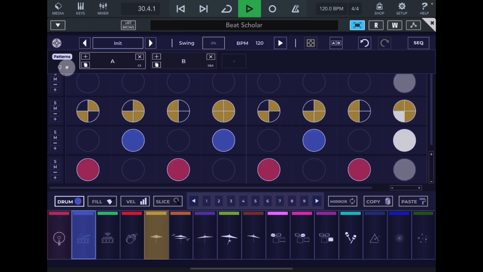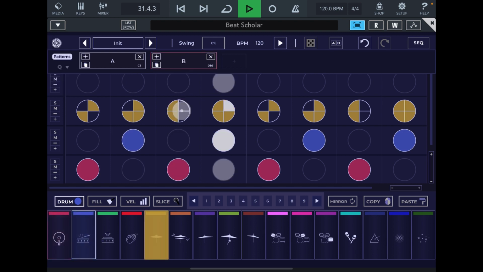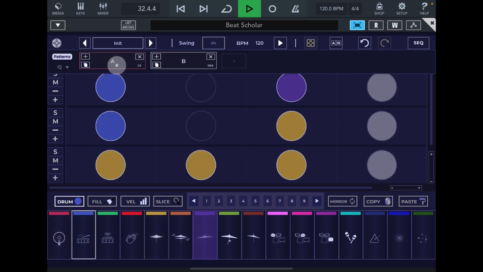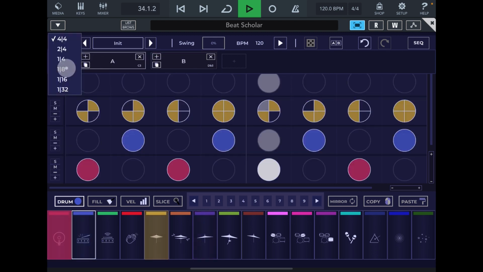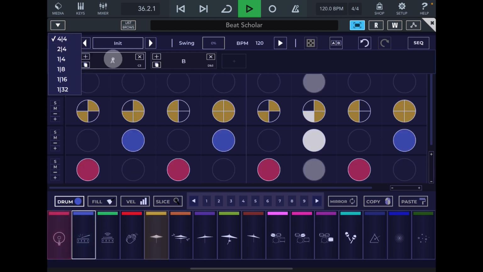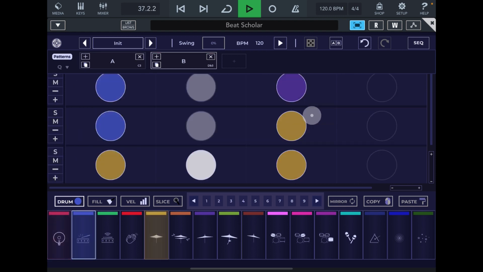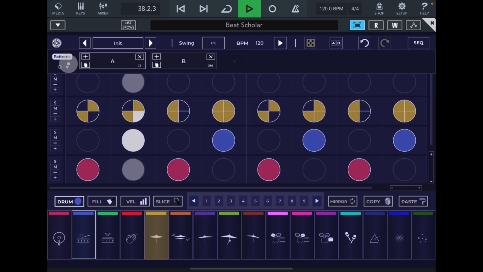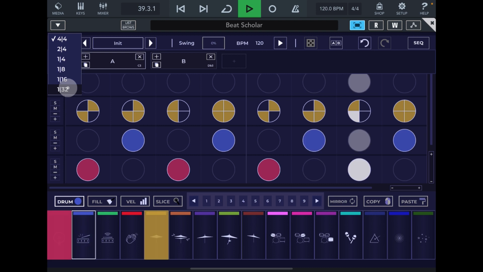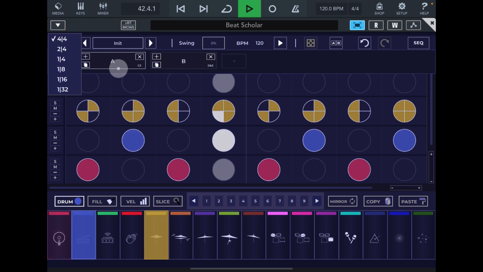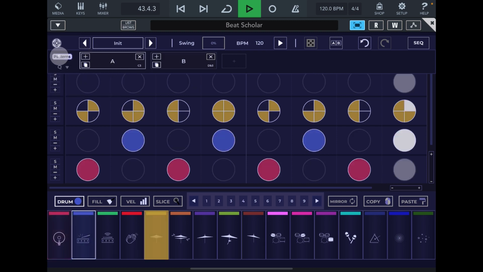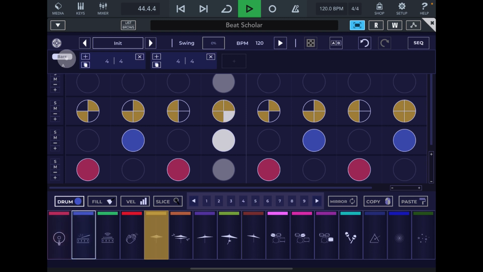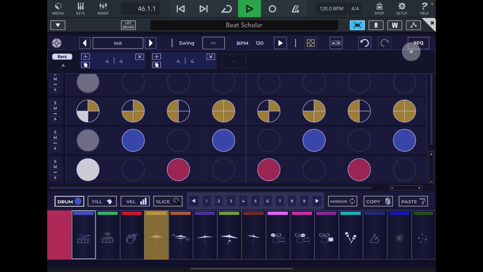Quantization here is how fast your pattern will change. At the moment it's going to change every bar, but you can set it to change virtually on the beat. But we'll leave it on there. Okay. Like I said, once you've got this set like this,